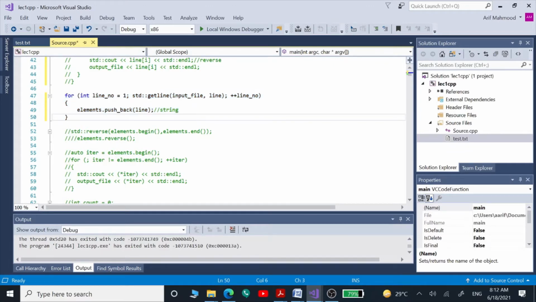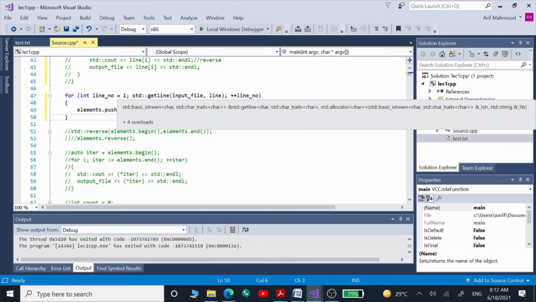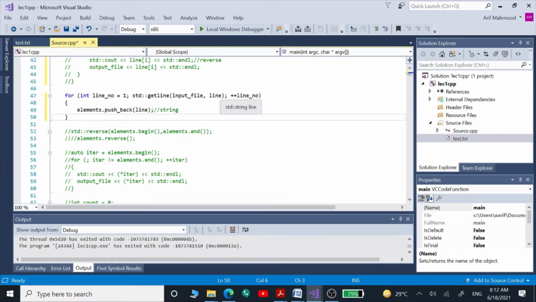What this for loop is doing is, again using this getline function, whatever is now in our line variable, we are going to put those lines using the push_back function into our list, which is of type string. After that, we are going to display the contents by traversing through that list one by one onto the console window and then onto the output file as well.